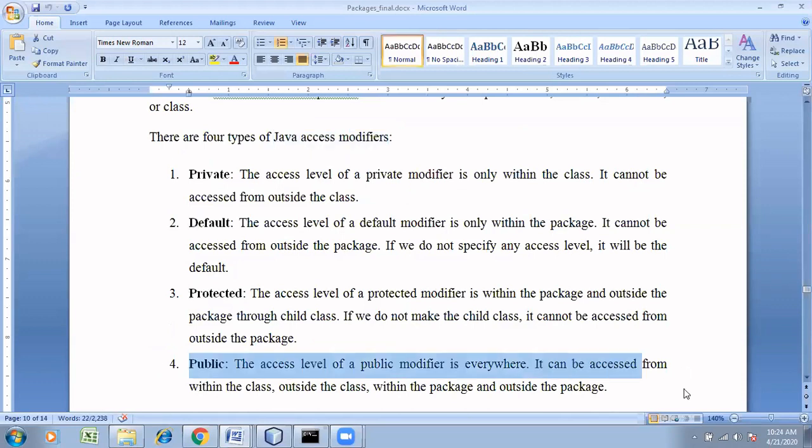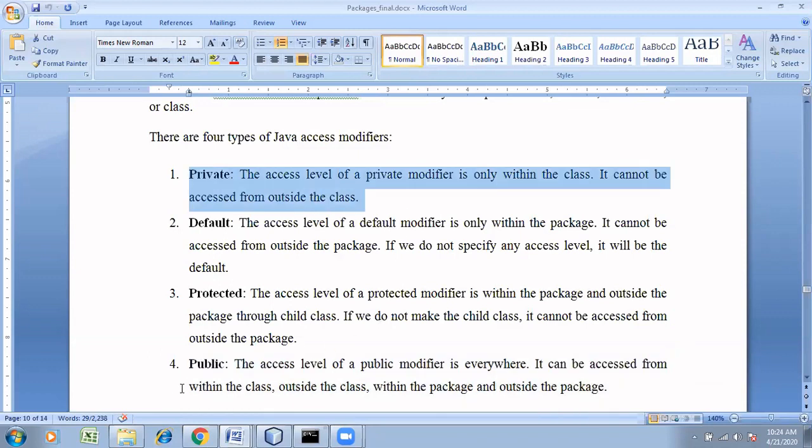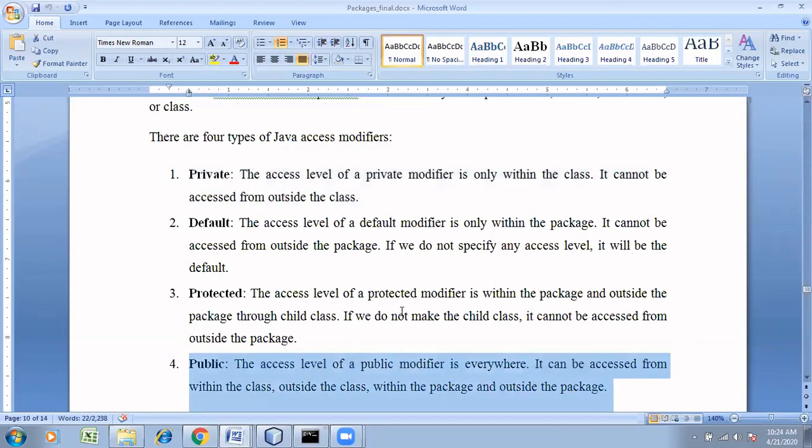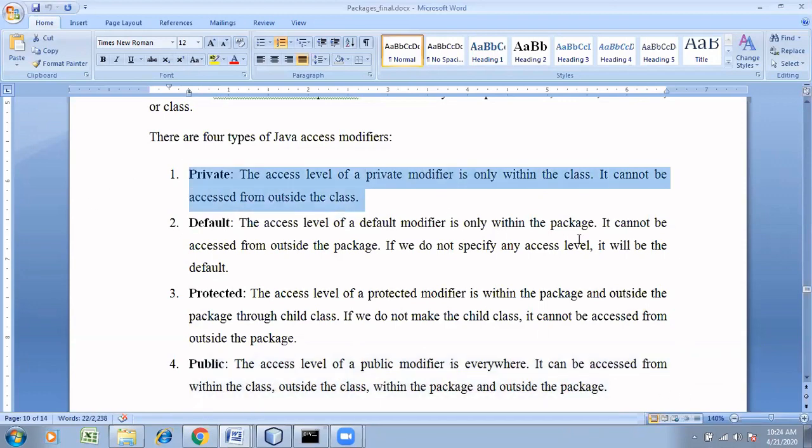We've already seen public, isn't it? What is public? When a class is declared public, all the non-member functions can access it within the package, and outside the package it can also be accessed, isn't it? Now tell me, what is private? It is completely opposite of public. Public means you can see it everywhere, but private means you cannot see it outside the class. It is only within the class. So public members are available for all the packages, whereas private is available only within the class.